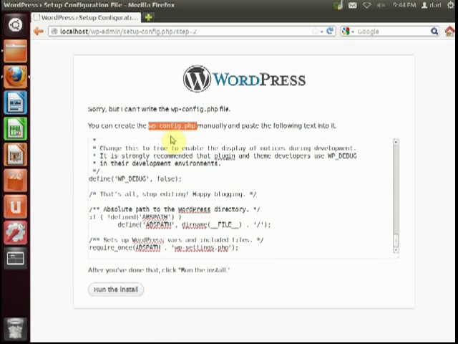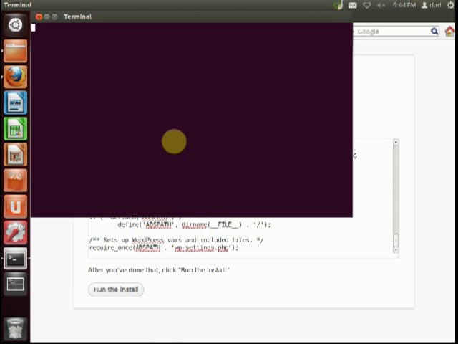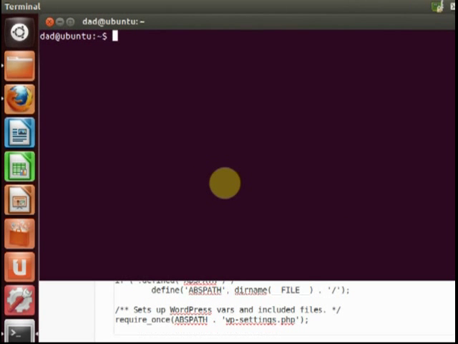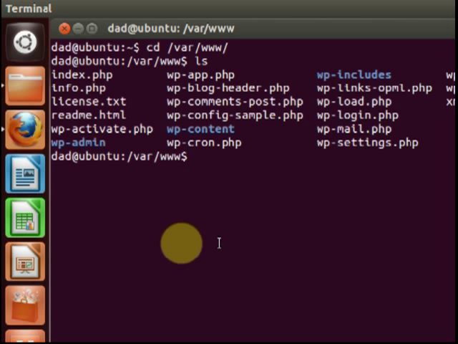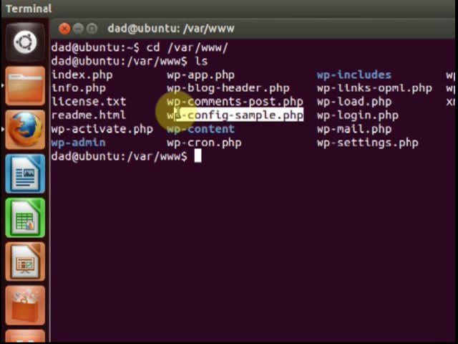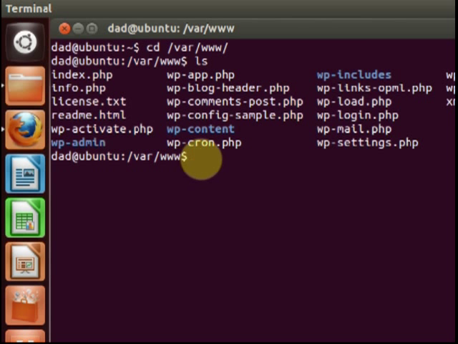So let's first off go Control Alt T and let's first see if it's there. So once this is started up, we can go cd /var/www/ and we can list it now. Now let's check to see if there's a config sample file, but there's not one, we want it in there. So what we're going to do here is we're just going to go